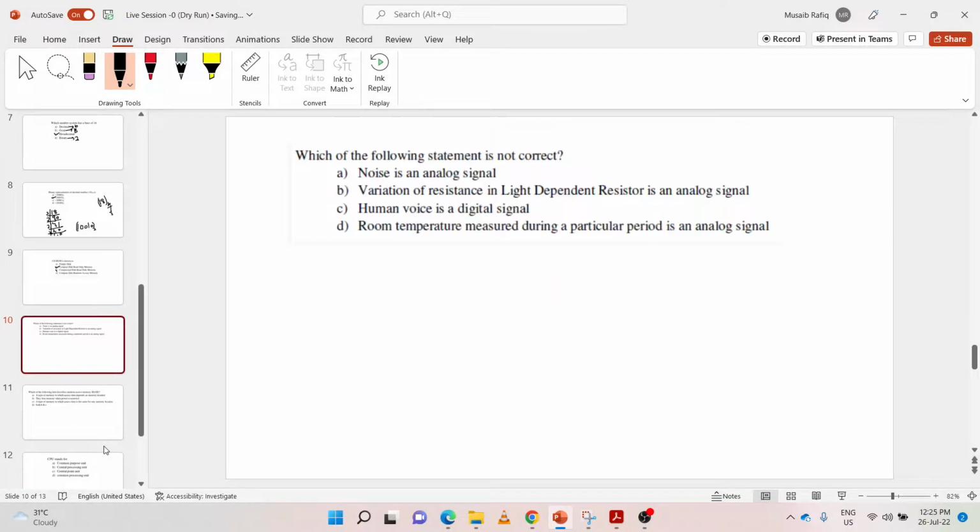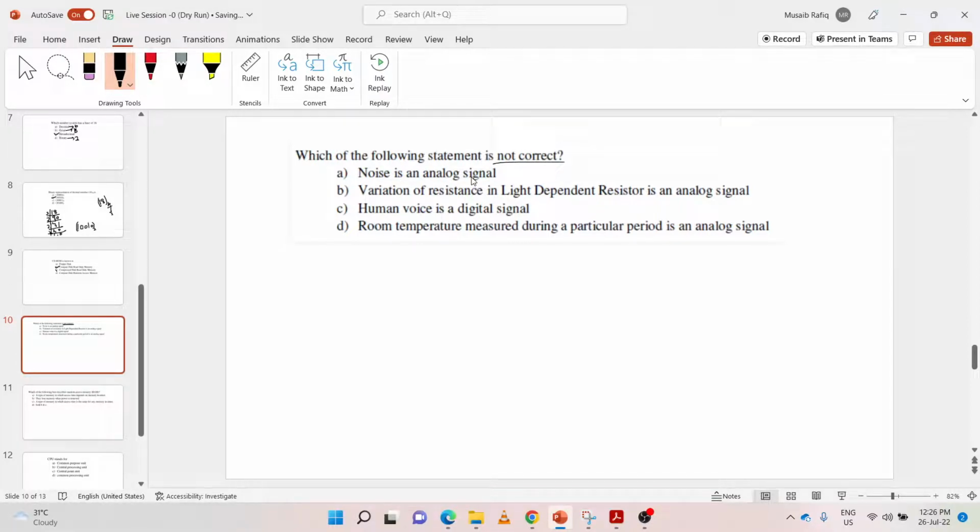Now towards another question, it says which of the following statements is not correct. This is one tip, one piece of advice from my side. Whenever you are preparing for competitive exams or assignments or quizzes, try to read the question twice. Sometimes we just read the statement as which of the following statements is correct. So try to read your questions at least twice. It states which of the following statements is not correct, so we have to find a statement which is not correct.